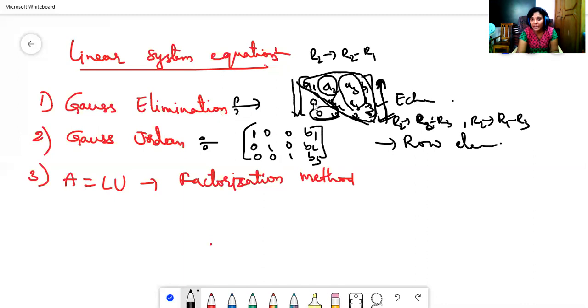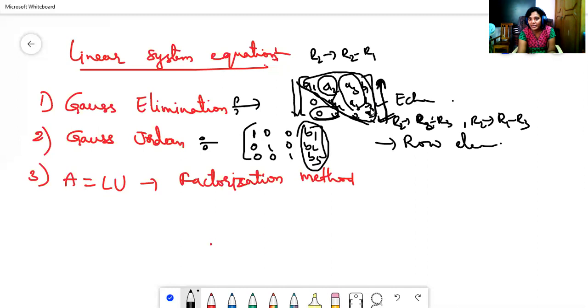Elimination means we only take half of the Jordan form. After the elimination, we go to the reverse of the operation, that is, use R3, then it reduces to normal form. We are taking the x1, x2, x3 values as some constants. So what are the last column values? Those are the difference between elimination and Jordan.